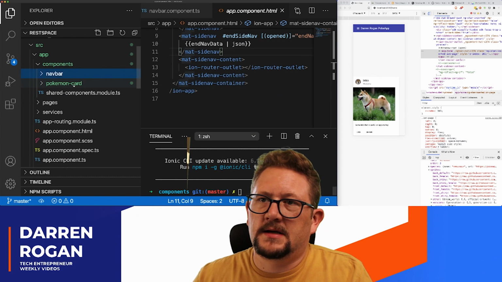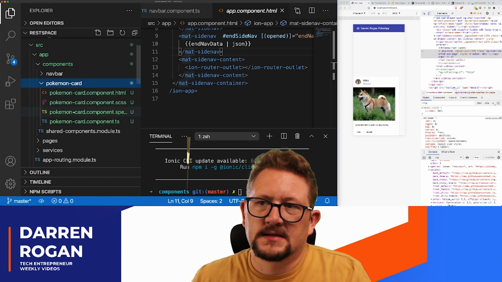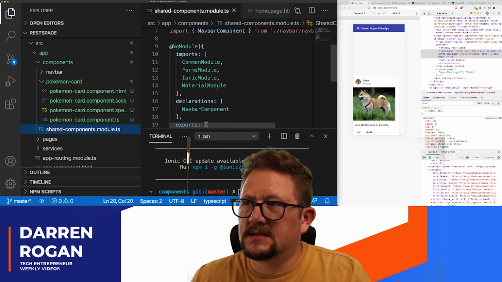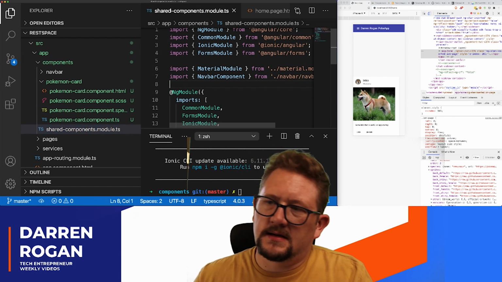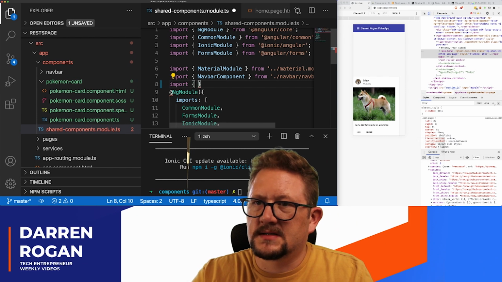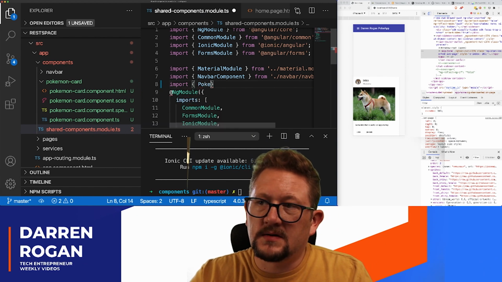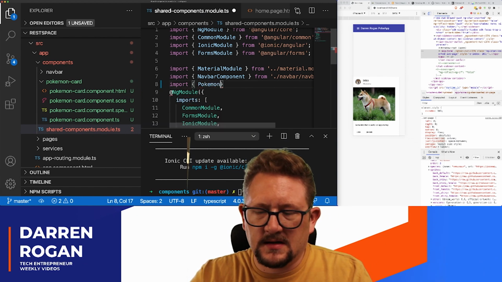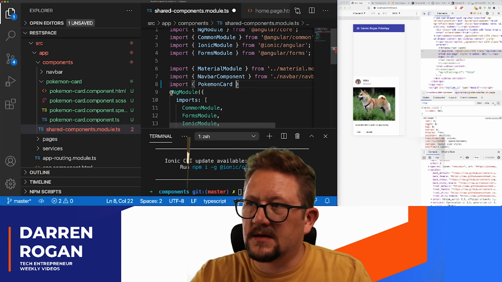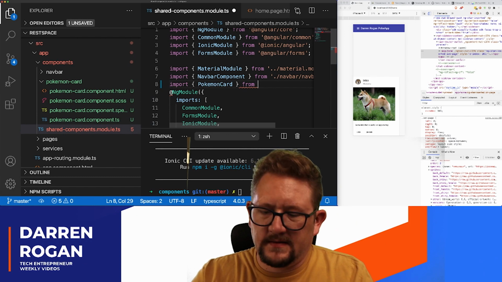Here we go. So I now have a Pokemon card that's generated, the HTML, the CSS, a test spec file, and then the code. And then the next thing I need to do is just put it in the shared component. Sometimes I might split these shared components up into multiple different components, because you wouldn't normally mount this Pokemon card as often as I would mount the other shared components, but sometimes I'll do that as a refactor rather than